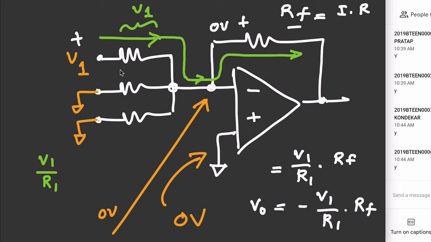Okay. So can you repeat this for VO? We will call this VO dash because it is only for V1. We will write down the equation for VO double dash and VO triple dash. Apply the virtual short concept as well as the superposition theorem for V2 and V3 available, the other two being not available. So write down VO double dash and VO triple dash.